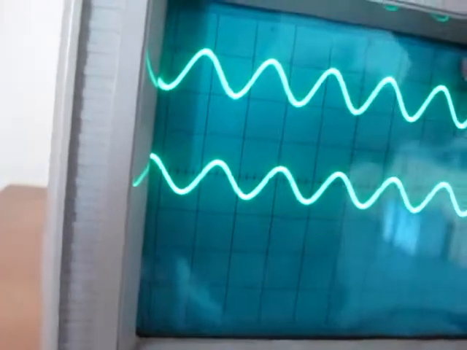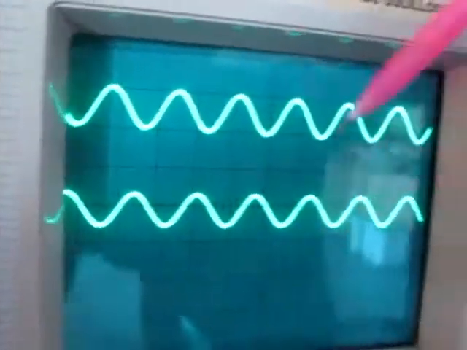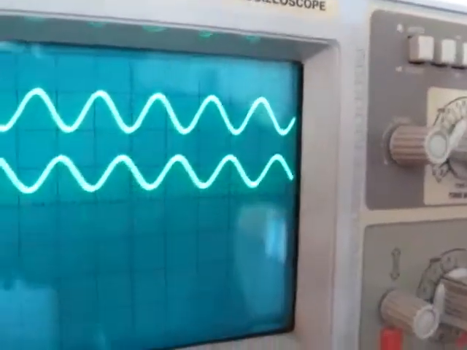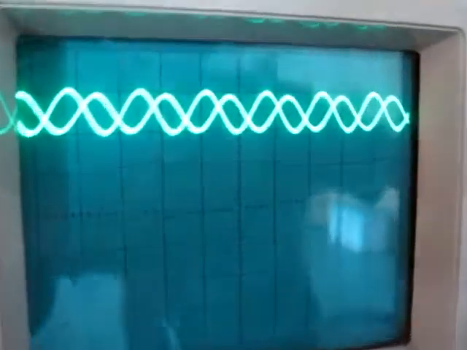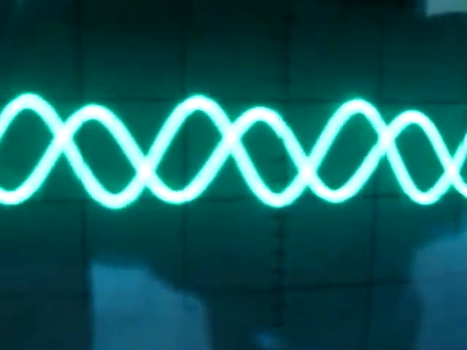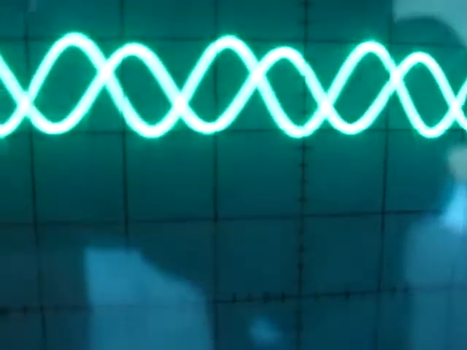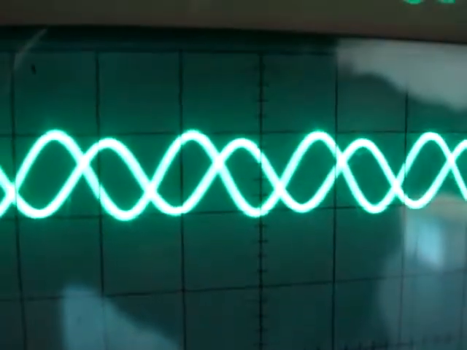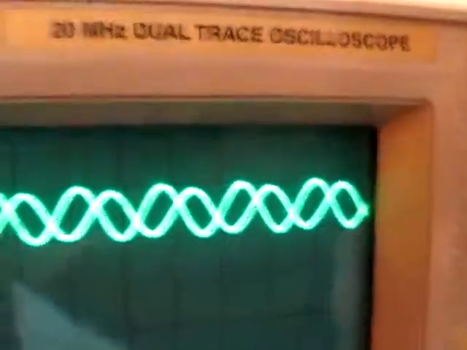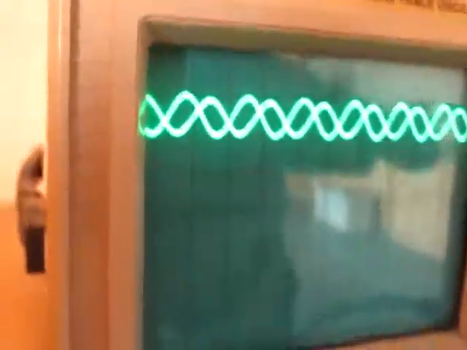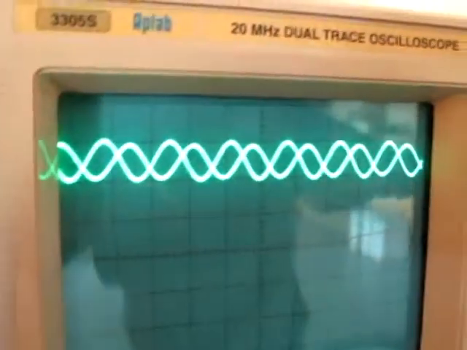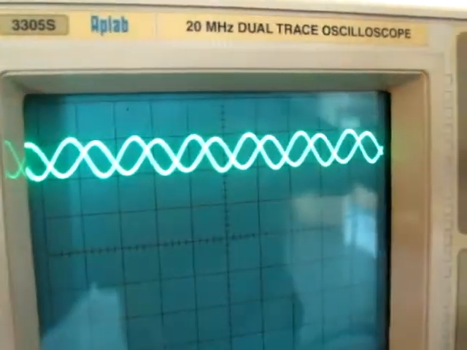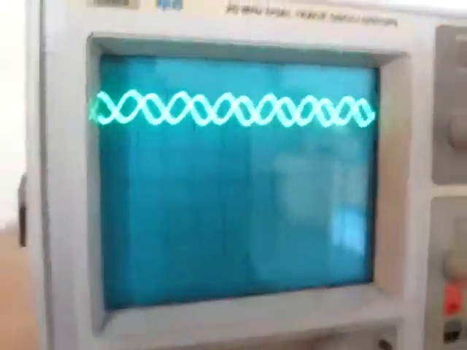Now here it is the input and here it is the output. Now see, as we move the output upward to the input, the phase difference is now significant, and there is even a change in the magnitude of the output voltage with respect to the input. Thus we can infer that as we increase the frequency, the phase difference increases, as well as the magnitude also changes with respect to the input.